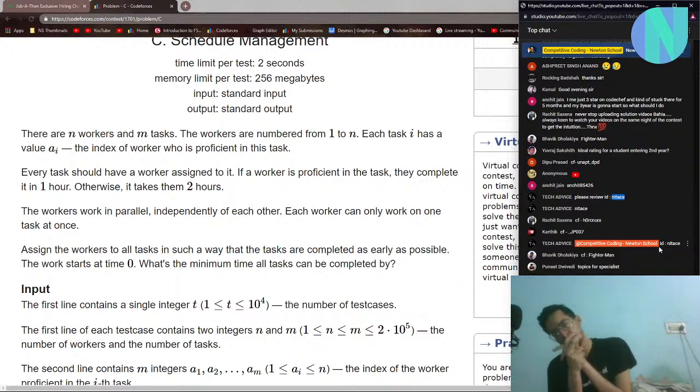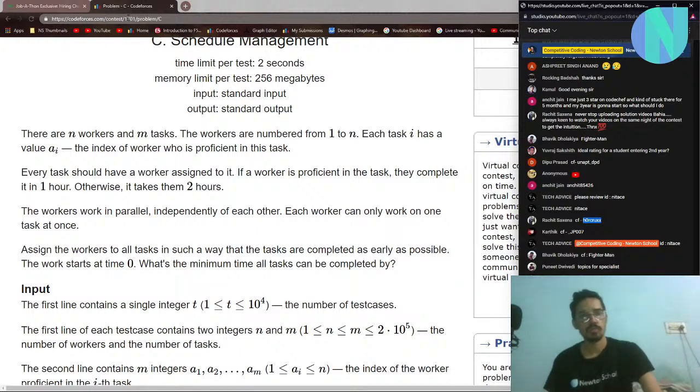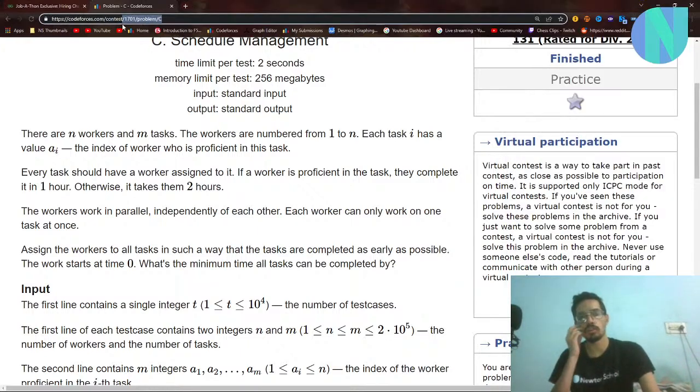The very thing that some people ignore is stamina. You also need stamina for 2 hours to give a contest and stay at your full stamina for 2 hours, so you are able to think about problems. Because if you spend 1 hour on A and B, you will not be able to give your 100% to the C problem, right? So you need to give some VCs and have a habit of sitting for 2 hours. If you're able to develop a habit and give your 100% for 2 hours, that will also help. Don't just solve a contest for 30 minutes, and if you're not able to solve some problem, just leave the contest. At least try to solve something.